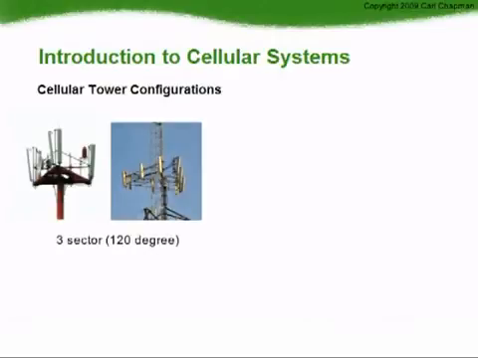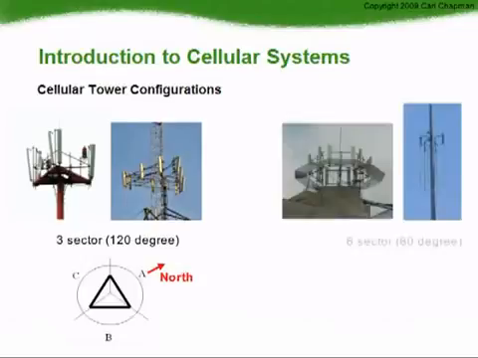The most common configuration in the world is the 3-sector or 120-degree cell site. This can be visually identified by the triangle structure on the top of the tower. The sectors are typically named in a clockwise manner: A, B, C, or X, Y, Z, or Alpha, Beta, Gamma. The A sector points north as an industry standard. Each sector uses a different group of channels. It is common for operators to configure 3-sector cell sites around freeways and main roads as 2-sector sites.